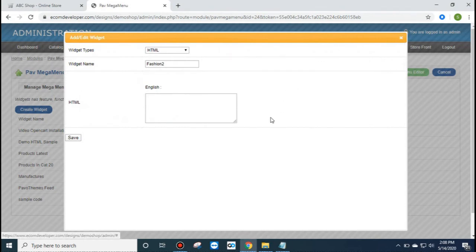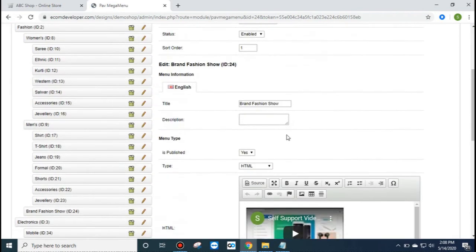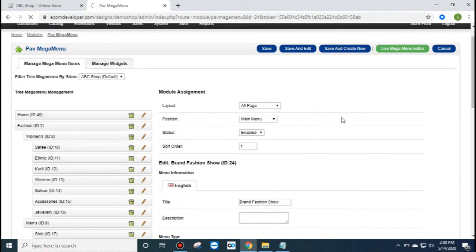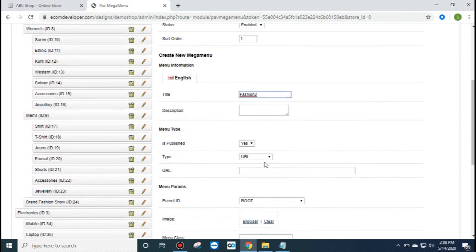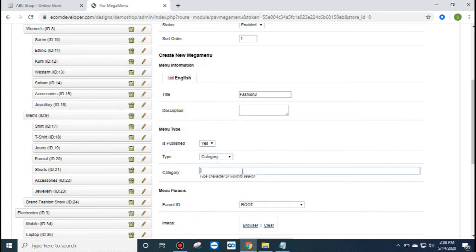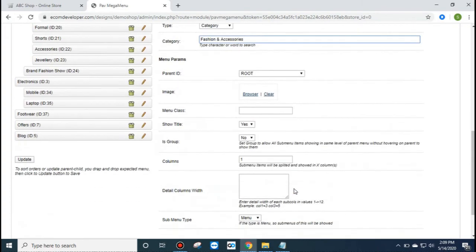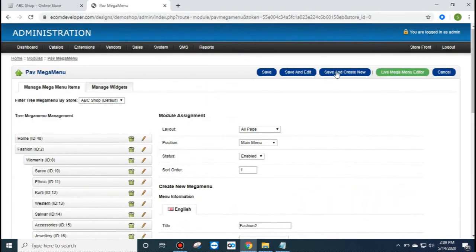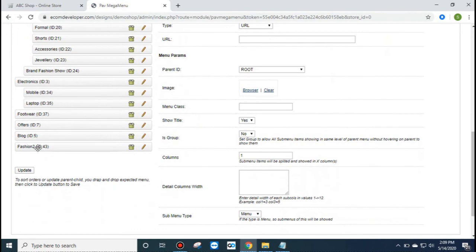But before that, go to mega menu item, create another, save and create new, create another menu, name it as fashion 2, select category, the same process, leave it as it is, save and create new, and I can see fashion 2 menu has been added here.